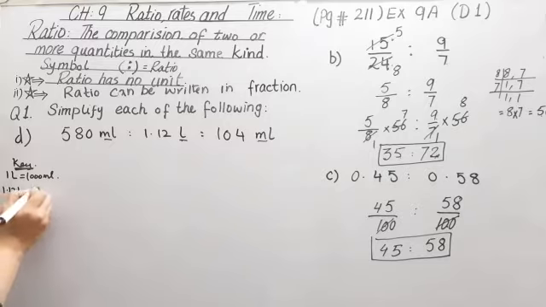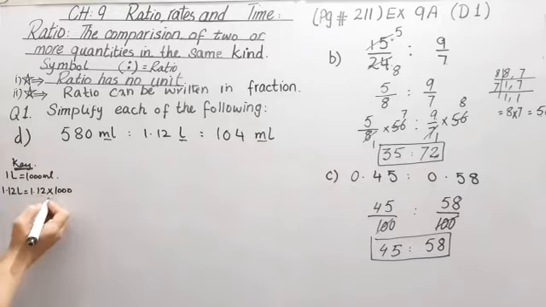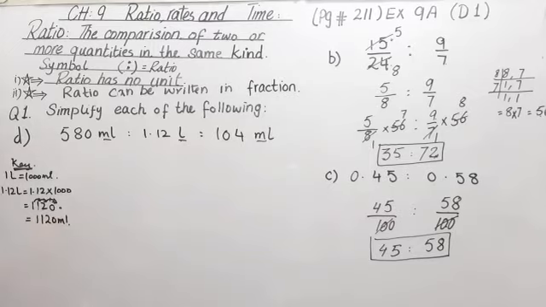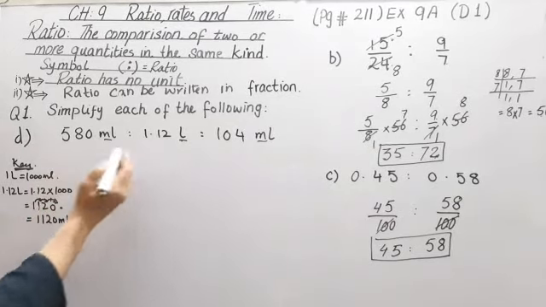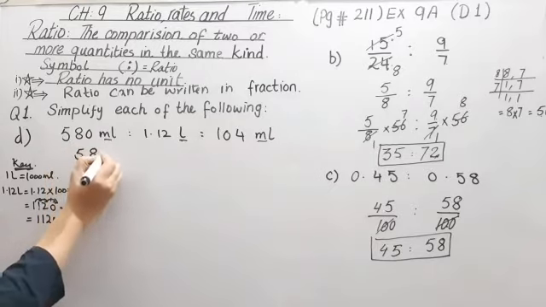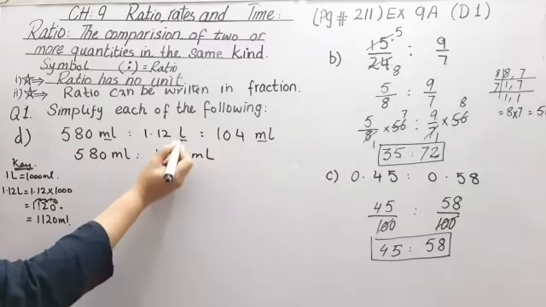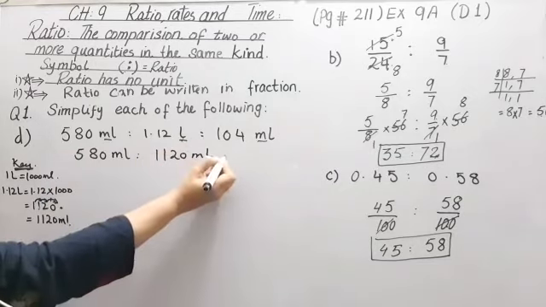1.12 liter is equal to 1.12 multiplied by 1000. We know when we multiply things with 1000, our point moves to the right side. 1.12, if I write it, we move it 3 decimal places, so this will be empty and the point will be here, and our answer is 1120 milliliter. In this way we solve the question. And here two zeros are here. Now first we write their conversion, 1120 milliliter. Now don't write liter here, we changed it into milliliter.